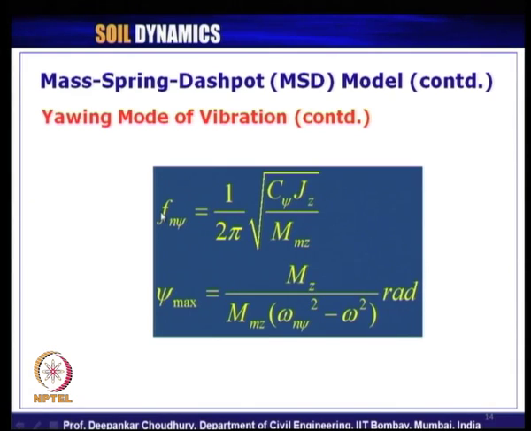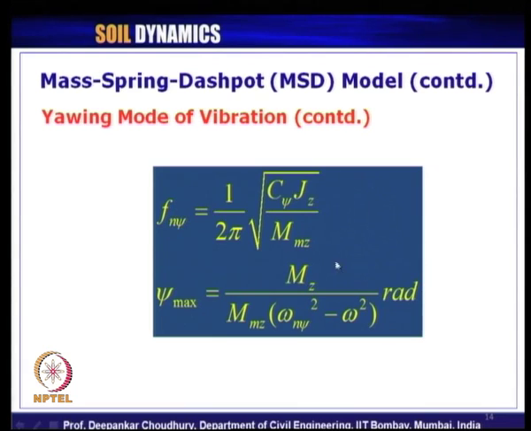If we express in terms of circular natural frequency, then omega n psi will be root over C psi j z by m m z, because C psi j z will give us the torsional stiffness, that is k psi, and m m z is nothing but the mass moment of inertia. And to compute the maximum torsional displacement, that is psi max, it can be calculated like this: